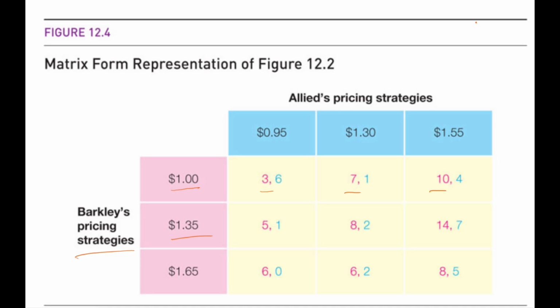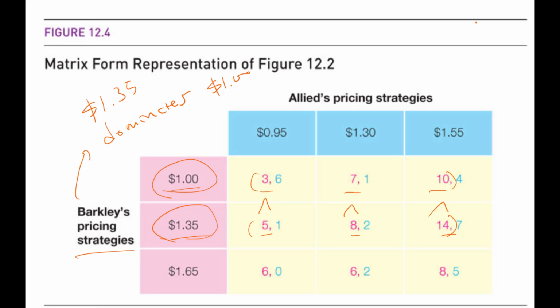And another strategy, setting a price of $1.35, generates 5, 8, 14, right? So if you compare this payoff vector in red ink and this payoff vector again in red ink, then 5 is greater than 3, 8 is greater than 7, 14 is greater than 10. So you can say pricing strategy $1.35 always generates a greater payoff, and it dominates the other strategy $1. So for Barkley, setting price $1.35 dominates